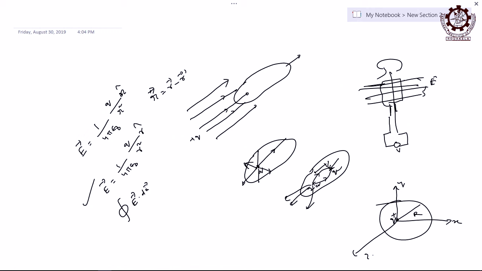Sphere is a symmetrical body, similarly cylinder, similarly plane, but that does not mean that all objects are symmetrical. We are discussing all kinds of objects, not necessarily the sphere or cylinder or cone, right, but the charge is within the surface, right. Then how will you calculate the flux? Using this formula, right.